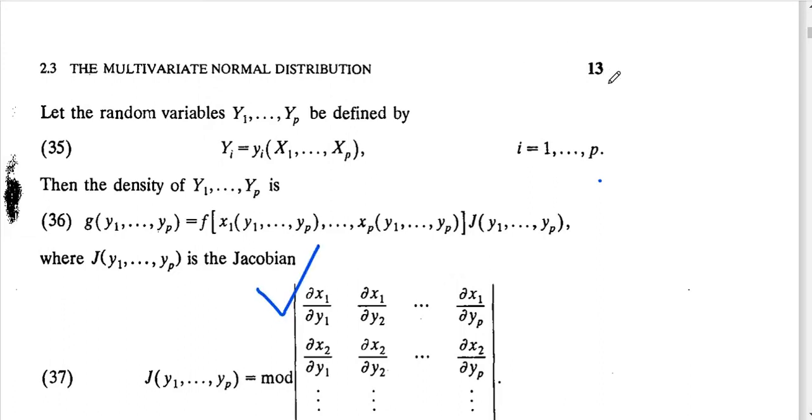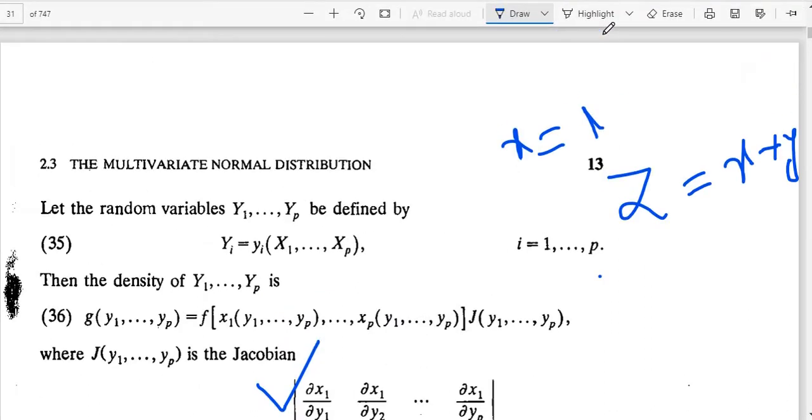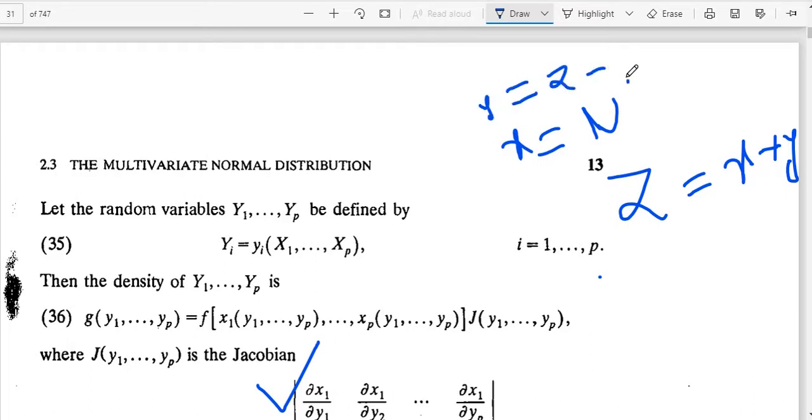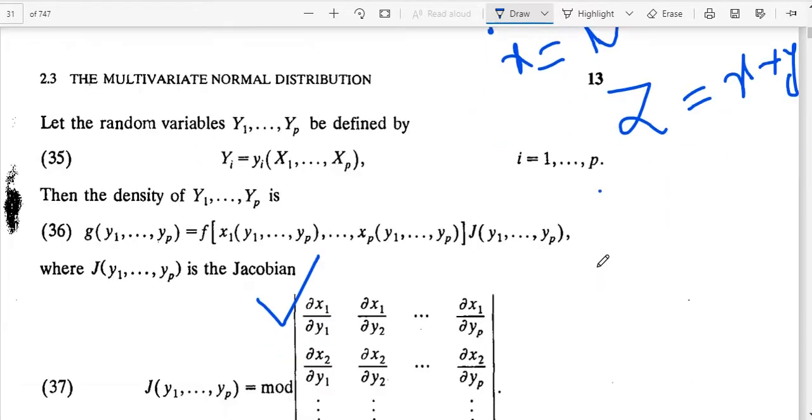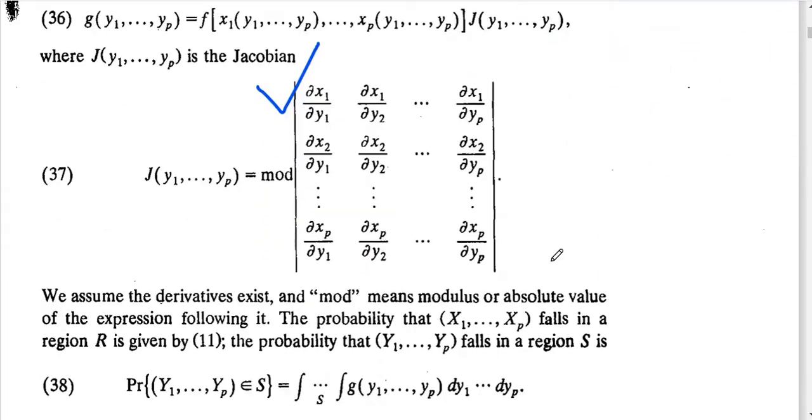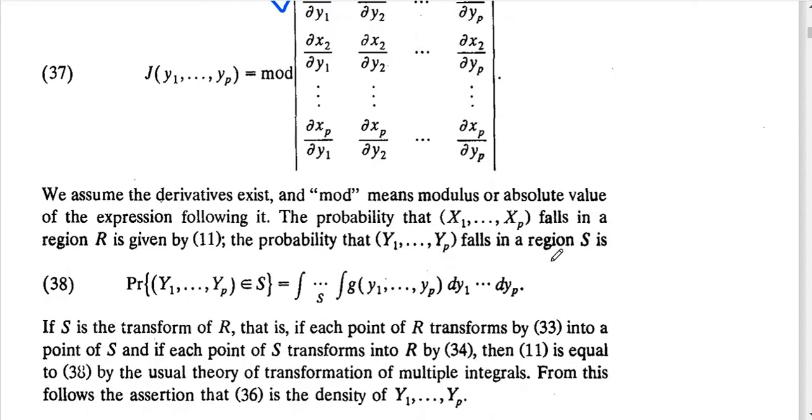I already discussed the X plus Y case, Z equal to X plus Y. Now I am dealing with only two variables. Now I am assuming that X equals mu. Then what will happen? Y equals Z minus mu. Now I need to differentiate with respect to Z and mu, then I get the Jacobian matrix. After finding the Jacobian matrix, I can multiply with the PDF of the joint distribution, then I can get the probability distribution of the transformation.